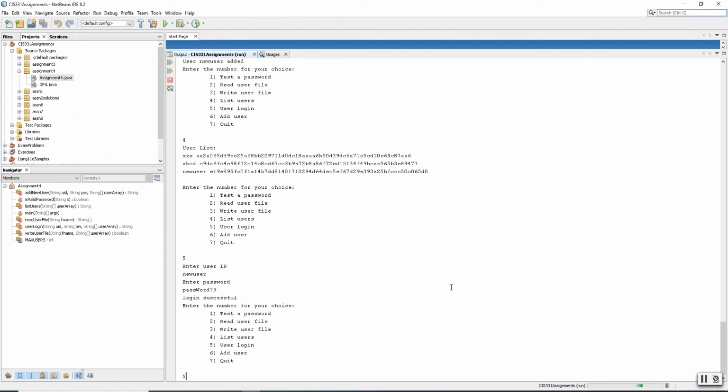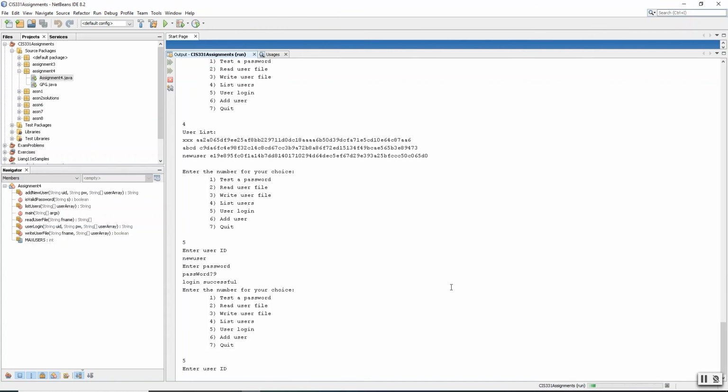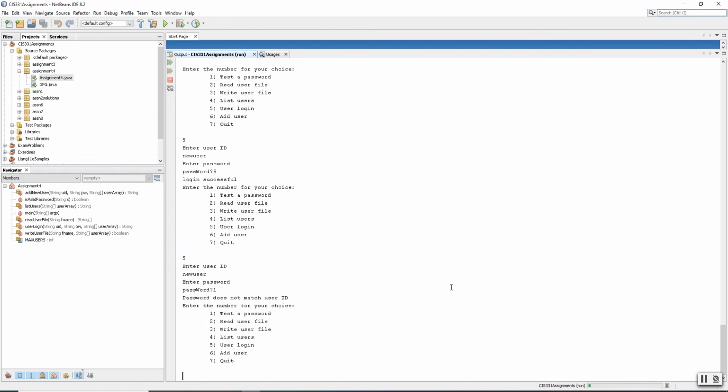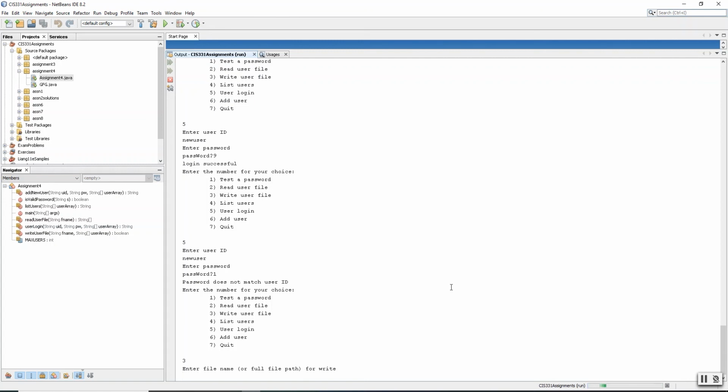If I try to log in with this new user, and I gave something that wasn't right, even if it was legitimate, it's saying it doesn't match. And then finally, I should be able to write the file. If I write the file, I'll call this now users2.txt,